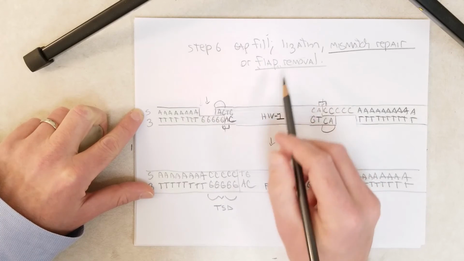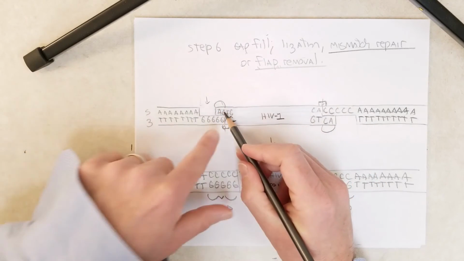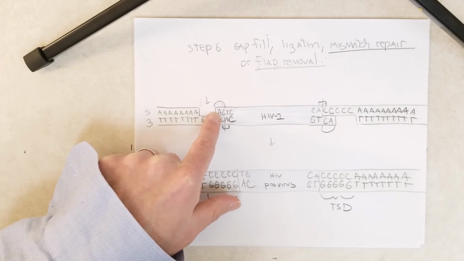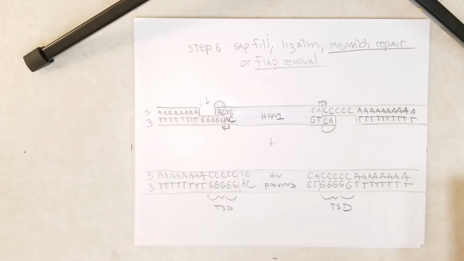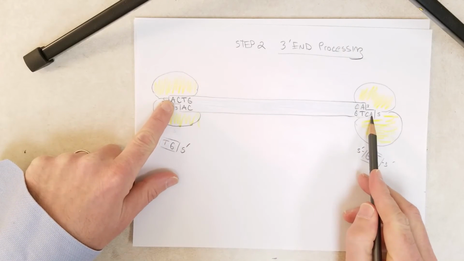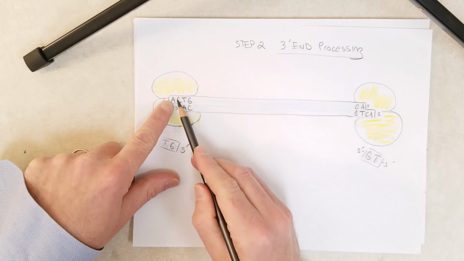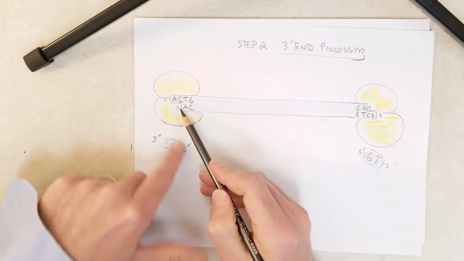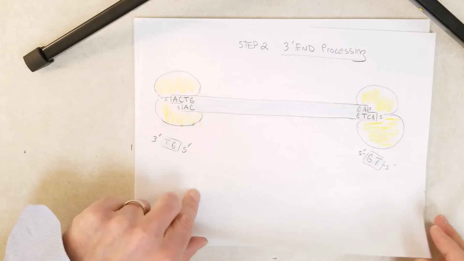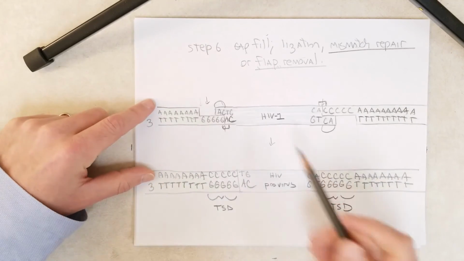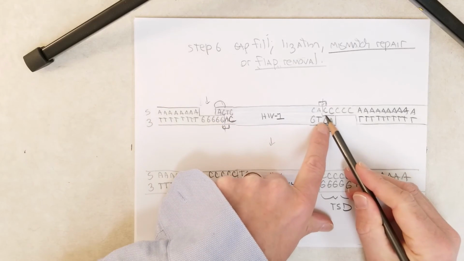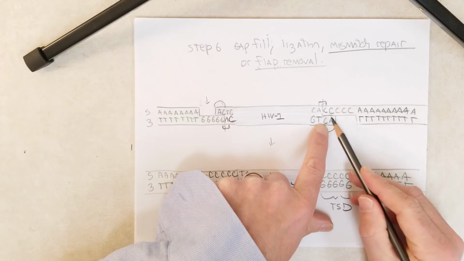And the flaps, what am I talking about? That's the 5' overhang. Remember, there were 5' overhangs on that DNA molecule after 3' end processing. So here's a 5' overhang and a 5' overhang. So these may not match the host DNA after the 3' ends are ligated into the host DNA. And in this case, only the C matches, the A doesn't. And over here, the CA overhang doesn't match the